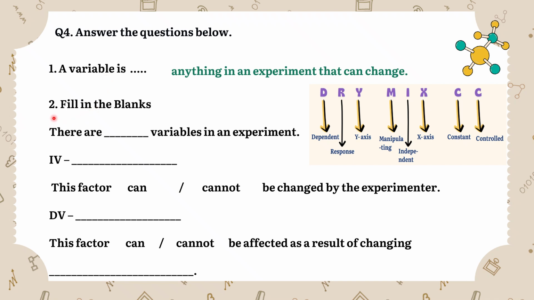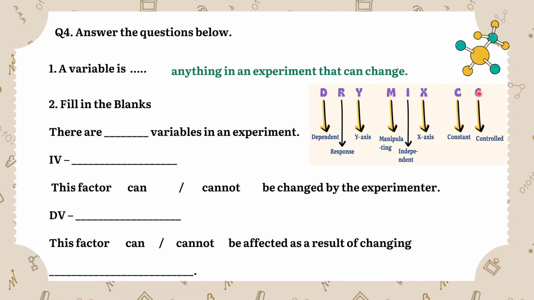Now, the next question is fill in the blanks. So here there are a few blank questions given and we have to put the right words into those blanks. The first question is: there are dash type of variables in an experiment. As we have discussed in our previous session, this was the acronym that we should know very well so that we will be able to determine the variables in an experiment along with where we are supposed to plot